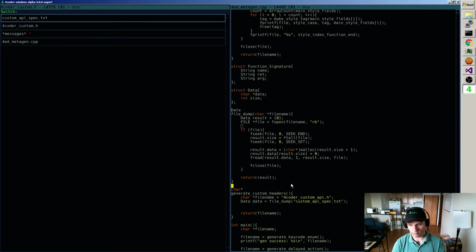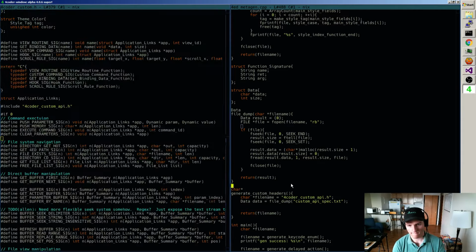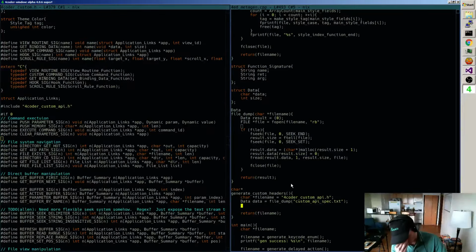And what's really cool is if I do that, I can end up just putting docs into the spec file there in the future, and then this thing could auto-generate stuff that builds the docs into 4coder if I wanted, or makes a nice formatted explorable data format for 4coder to display or something like that. Anyway,